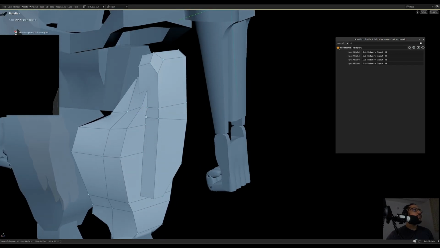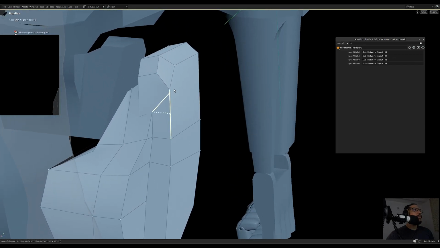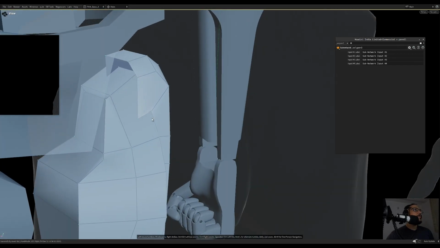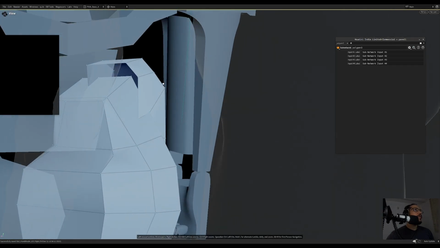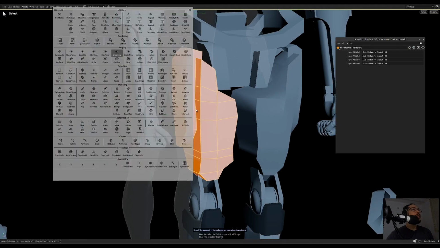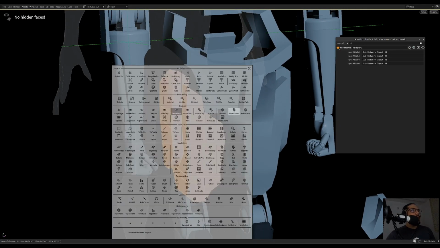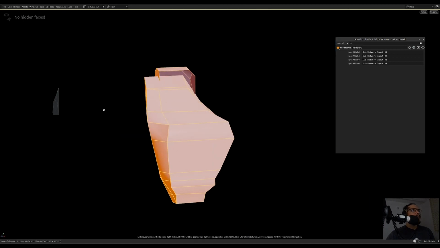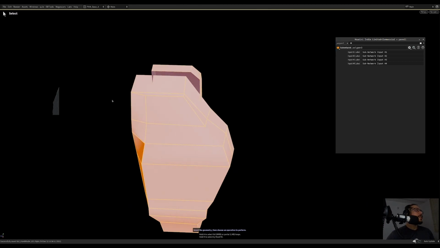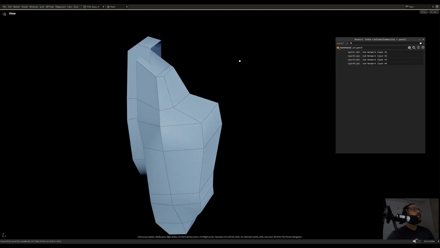So you first need to extract it from the current mesh. And then, okay, what do we do with this guy? Oh, okay, seems like we're gonna have a hard time with this piece. So let's hide everything, and yeah, let's focus on this guy. What is this? Okay. Let's focus on this guy,